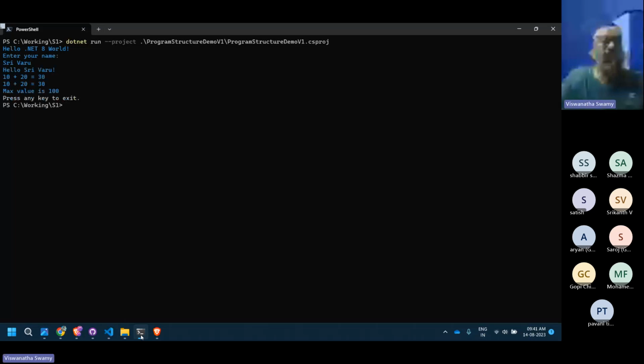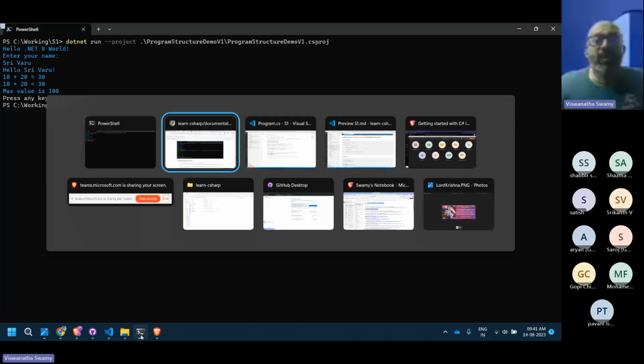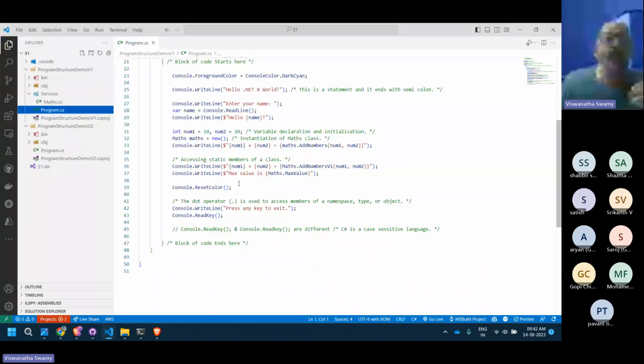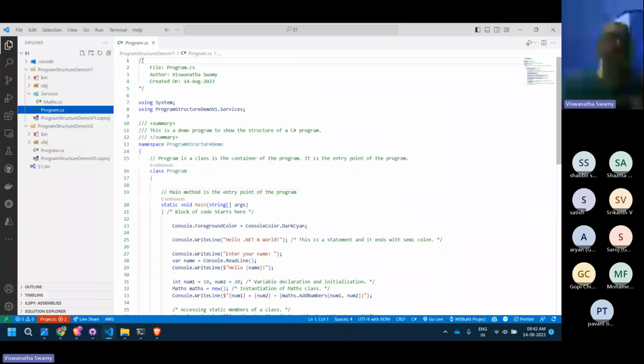There's some program which executed. Let's not worry about it, but let's see the program structure. This is like a traditional program structure. The first thing is comments. How do you do comments? You can do comments multiple ways. If you write slash asterisk asterisk slash, this is a multi-line comment.